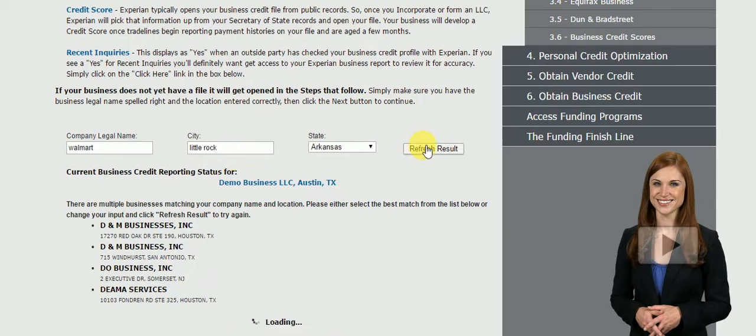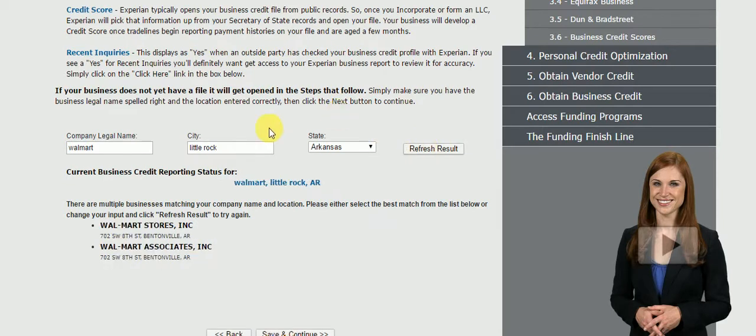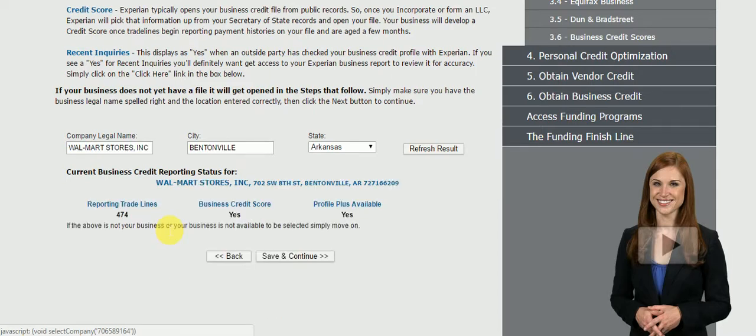Okay, you guys, what I'm doing right now is I'm just looking up Walmart. I know I didn't get the area, it's Bentonville, but I was just trying to bring up Walmart. But you see how 2 different Walmarts popped up. And look, guys, they have 474 trade lines, and yes, they do have business credit. They have a business credit score. So right now, you know that yes, Walmart does have a business profile, credit score, and they have 474